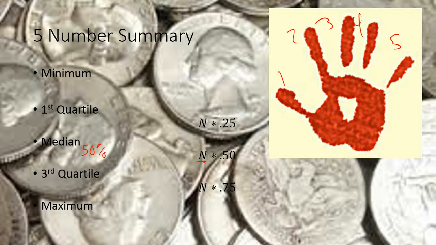Now for the quartiles, like quarters, that's why we've got Mr. Washington back here. You have your quarters. The first quartile is the 25th percentile, and the third quartile is the 75th percentile. So it's basically taking from the minimum up to that point, what percent of the data falls in there. From the minimum to the first quartile is 25% of the data. From the minimum to the median is 50%. From the minimum to the third quartile is 75%. And again, you take the number of data points, multiply it by 0.25 for 25%, 0.5 for the median, and 0.75 for the third quartile, and then you round up if it's a decimal. Once you get those numbers,